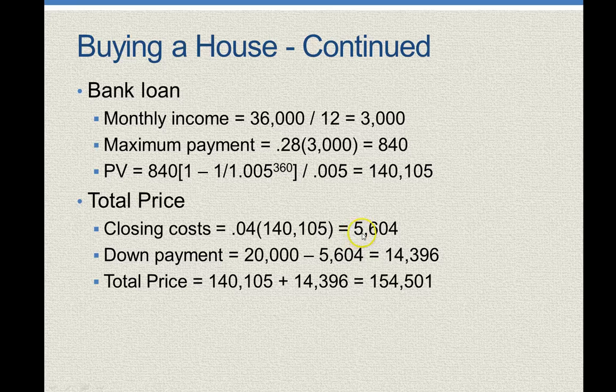So that's how we get this $5,604. And hence the down payment is the difference between your total savings, $20,000, minus this closing cost. So that's how you get this $14,396. So finally, the total offer price you can purchase the house for is the loan value plus the down payment. So that's how you get this